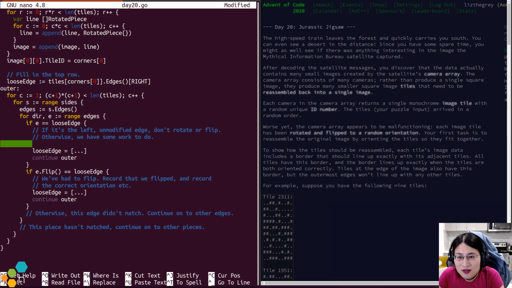How do I do this? Image 0c dot tile ID is going to be... oh, wait.